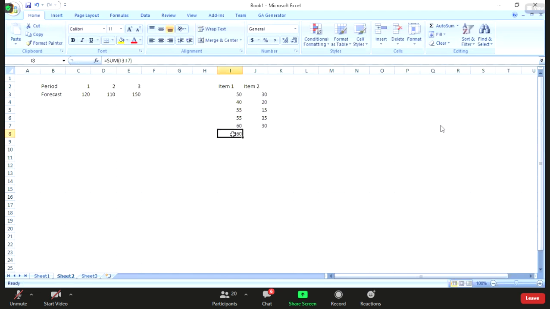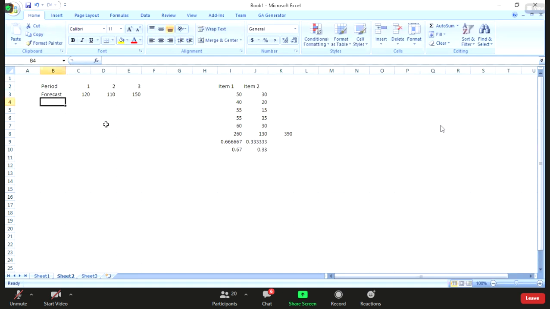Yeah, then we can sum again for this. We can total the sum. After that, we can calculate the percentage of every item here. The percentage will be this one divided by this one, and for this, equals this one divided by the total. Now we understand the percentage of item 1 is 67%, 0.67, and this one 0.33.